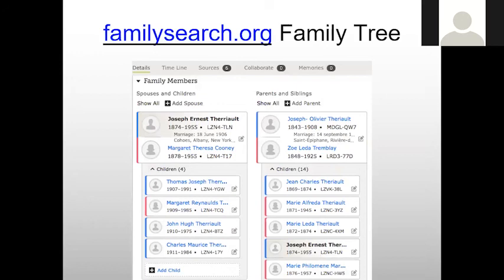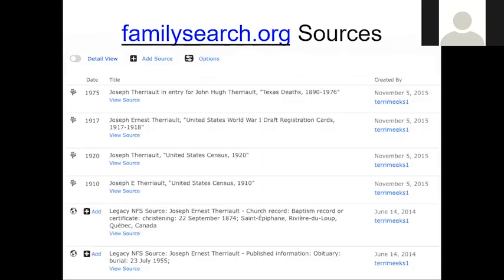FamilySearch has a very similar situation. They have family trees that will give you your family member, their children, and the previous generation. You'll note that in the center it says sources. There are 6 sources. Look at each one of those to see whether the information is there and what type of information it provides to find the proof. You want to download those records and save those records, print them out, or